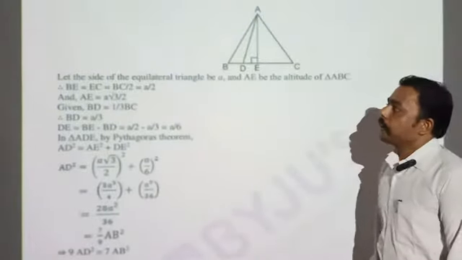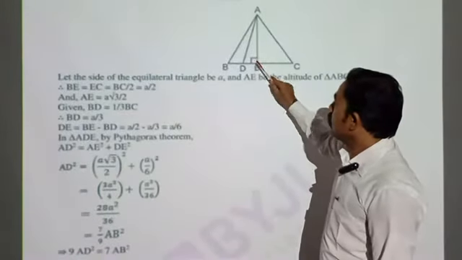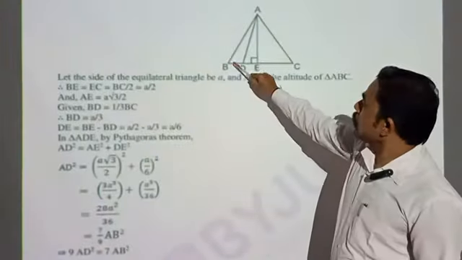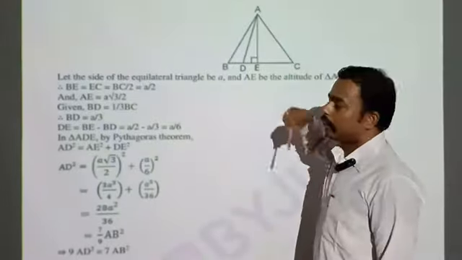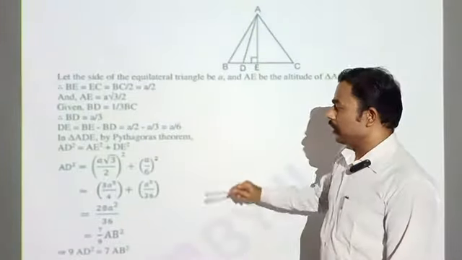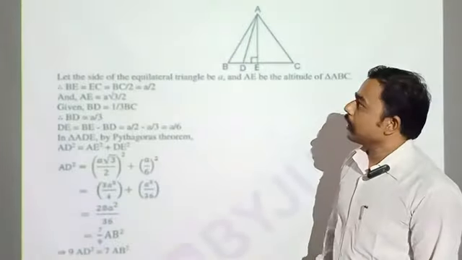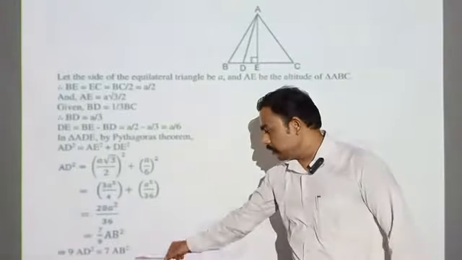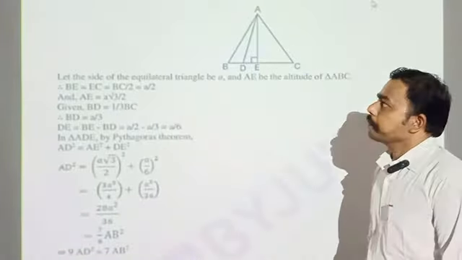Okay. So in this problem, the idea is that you need to construct right angle triangles ABE and ADE and use the given condition BD equal to 1 by 3 BC. It's an equilateral triangle. You can consider the side 2A or you can consider the side A. By this you can find the height of the triangle. Then you can relate AD and AB. After that substitute all the known values, and you can achieve this result. Okay. Similarly, we are going to do the next problem.